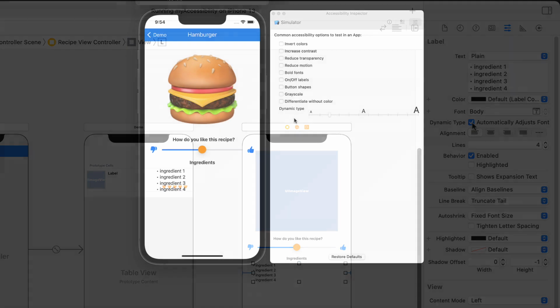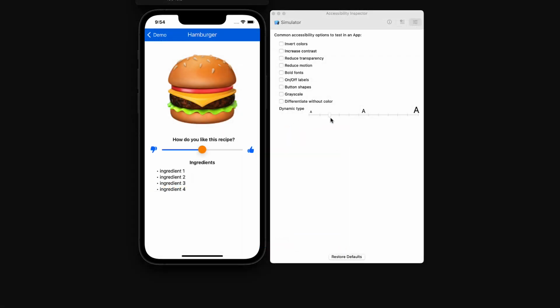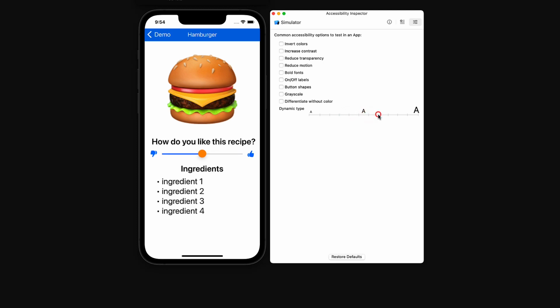We recompile our app. We start it again in the simulator. When we move the font size slider, we can immediately see the result. The inspector setting can do more for us. We can invert the colors, reduce transparency, or reduce motion if our app uses these. As you can see, the simulator and its accessibility inspector can be powerful tools.